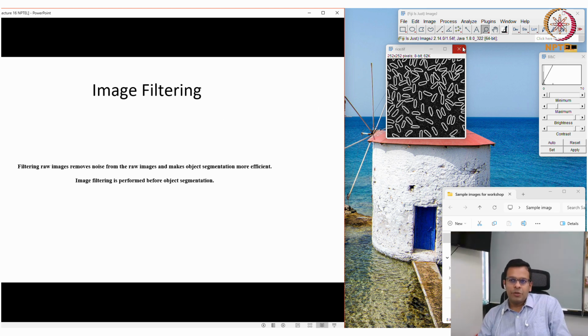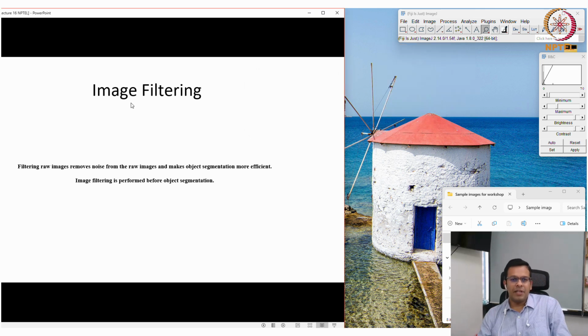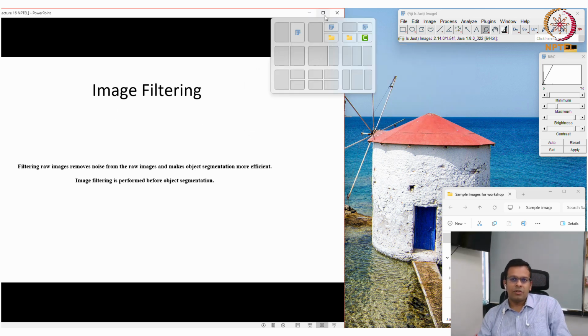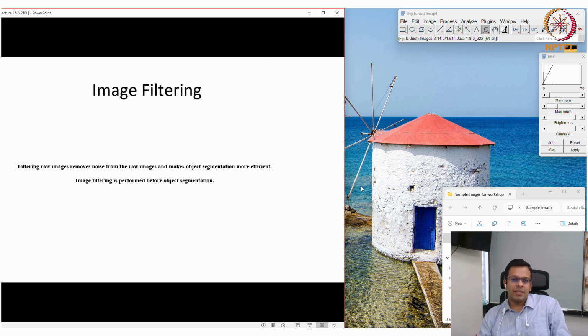Before I show some more options for image segmentation or object segmentation, I will briefly discuss image filtering, what it is and why it is used. Most of the time the biological images are very noisy, and that's why these automated segmentation tools may not work precisely on those raw images.